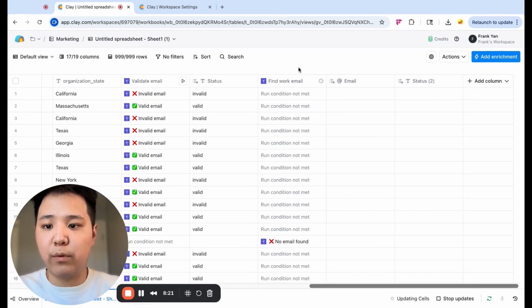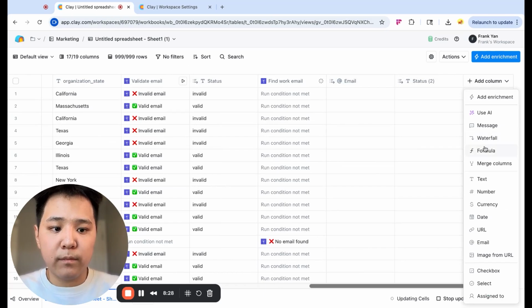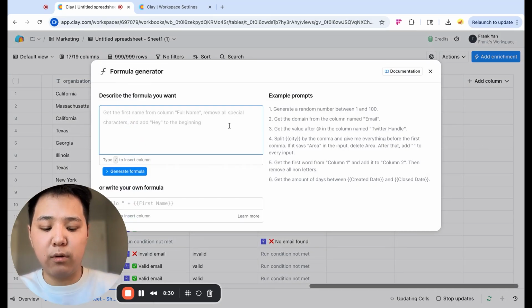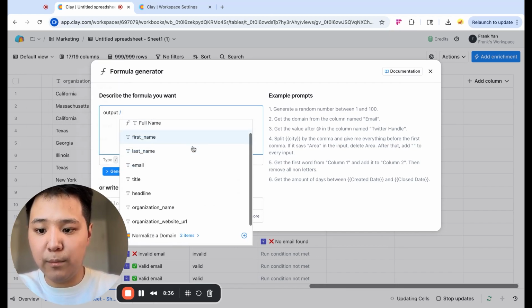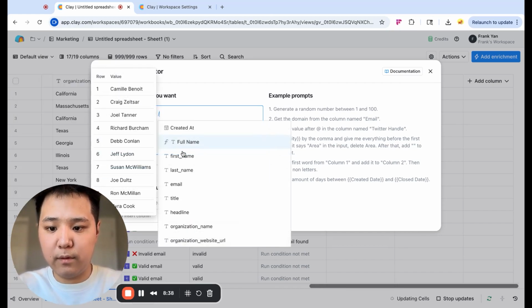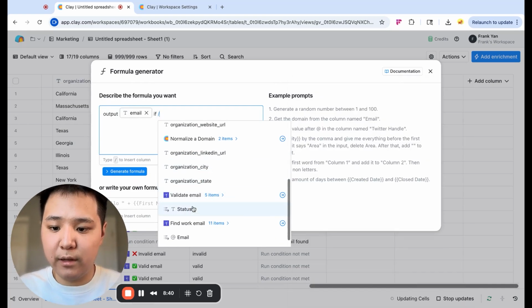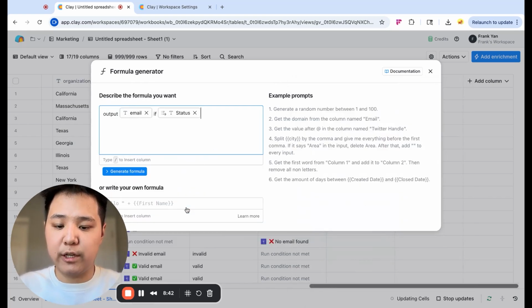Now, last thing, we have the valid emails. We're now going to find emails that we don't currently have. Now we're going to merge everything else. So merge all the emails together. So output email if the verification is valid. So the status of the verification here equals valid, and output